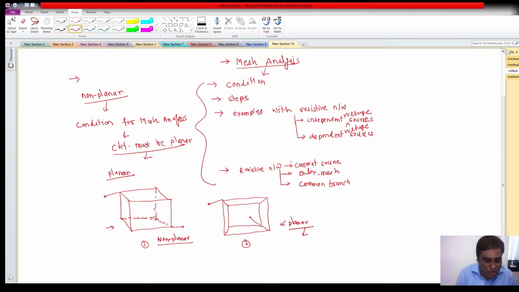So in short, the network is said to be planar if it is possible to draw the diagram of the circuit on the plane surface,